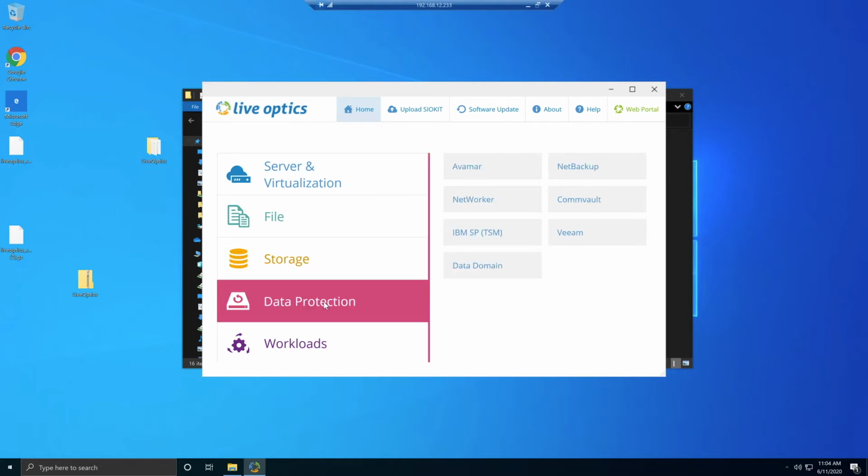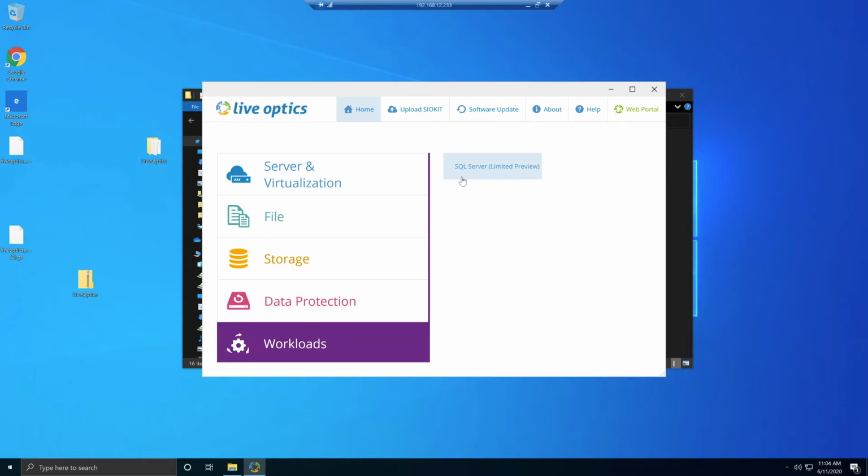As well, the data protection. So you can specify the backup or the protection software that you're using for protecting your environment, and as well collect the data about it. And the last one is workload. So currently it's available for the SQL server. As well, Dell works on extending this part, but as well you can collect the data from your SQL